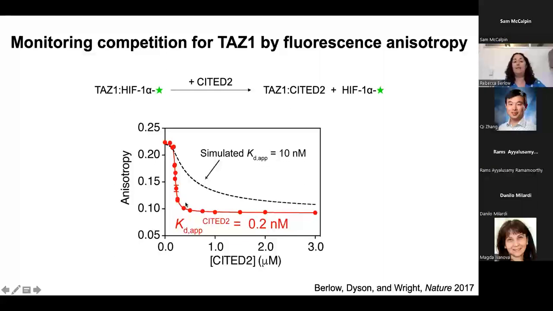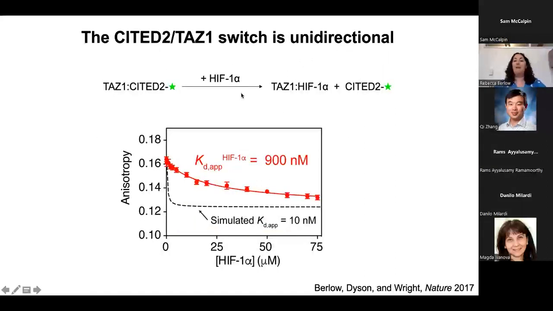The other important piece of information from these experiments is this inflection point here, which corresponds exactly to the concentration of TAS1 that's present in the cuvette. So what this tells us is, once again, using a whole different set of experiments in a very different concentration regime, that we've observed Cyto2 being able to fully sequester all of the TAS1 from HIF1 alpha. But this 50-fold difference in KD still isn't enough to explain the odd behavior that we saw by NMR. And so we decided to change around how we were doing this experiment simply by starting with labeled Cyto2 protein and then competing with HIF1 alpha.